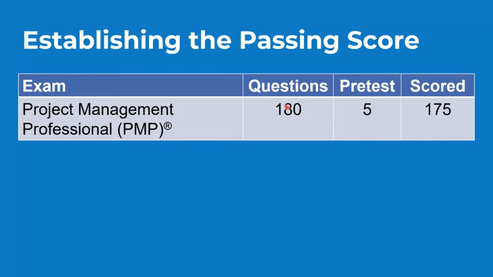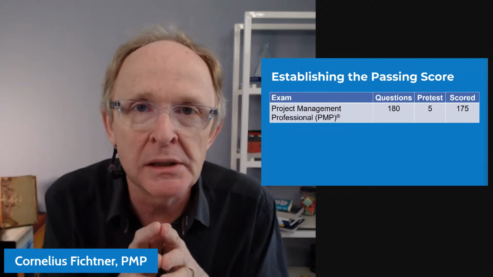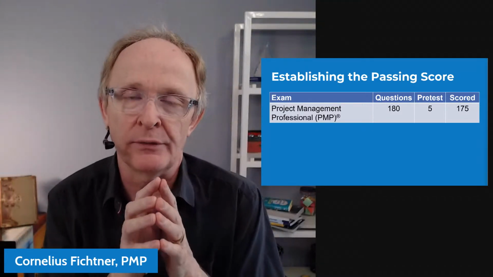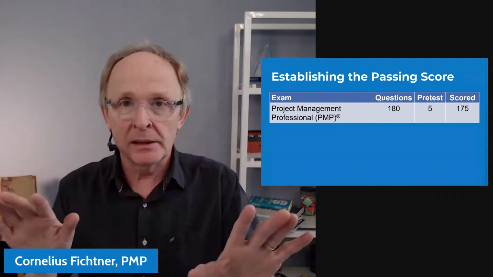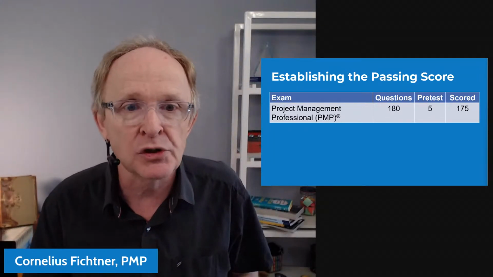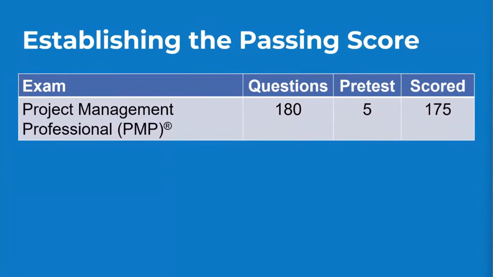So 180 minus 5, 175 questions are scored. And this means that, this much I can tell you, the maximum score you can have on your PMP exam is 175. I can't tell you what the minimum score is because, again, PMI doesn't tell you that, but the maximum score is 175 points because every question is worth 1 point. Very, very similar